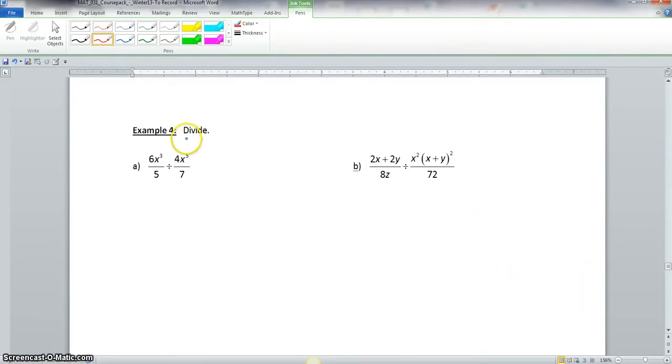Now we go to our next example. It tells us to divide. So we have 6x cubed all over 5. Change division to multiplication. And we take